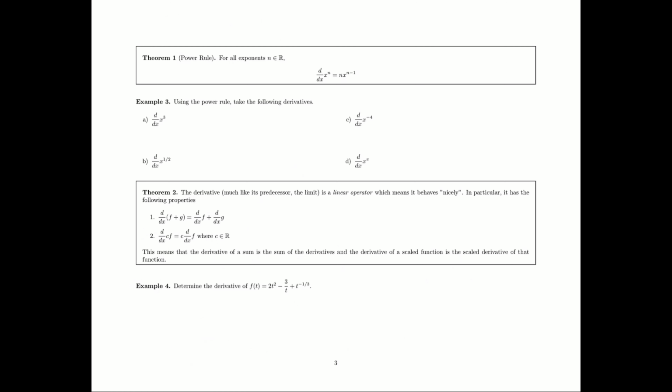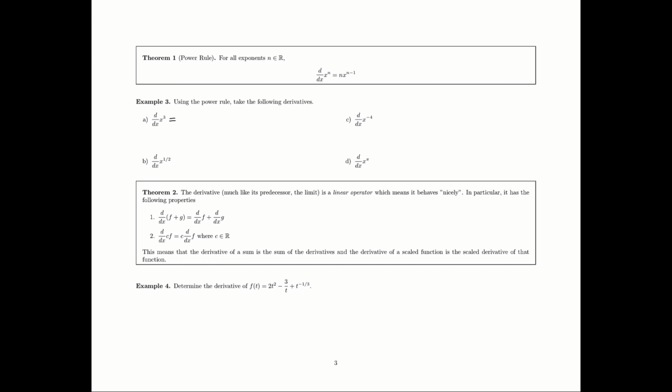Okay, example 3, we are going to use this theorem 1, which is the power rule, which is a very robust rule for taking derivatives. If we take the derivative of x raised to some power, this can be any real number, anything you want, then you take that number and you multiply it and change the exponent by reducing that number by 1. That's the power rule. So for example 3,